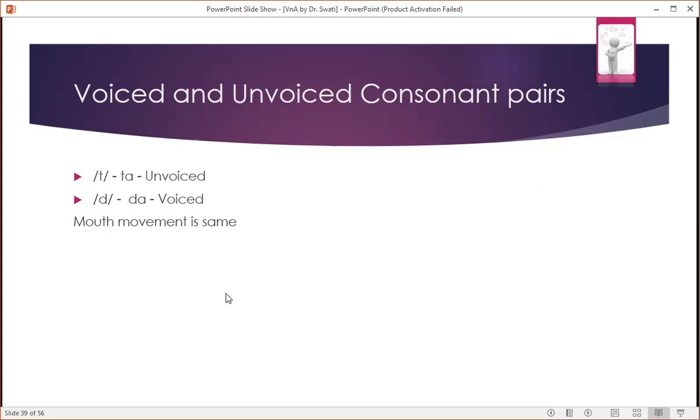Now this symbol is giving a sound, unvoiced, and d. So this is a pair where the mouth movement is almost the same, but it gives a different sound, voiced and unvoiced. Let's see the examples. So if you see the examples over here, there is gym,